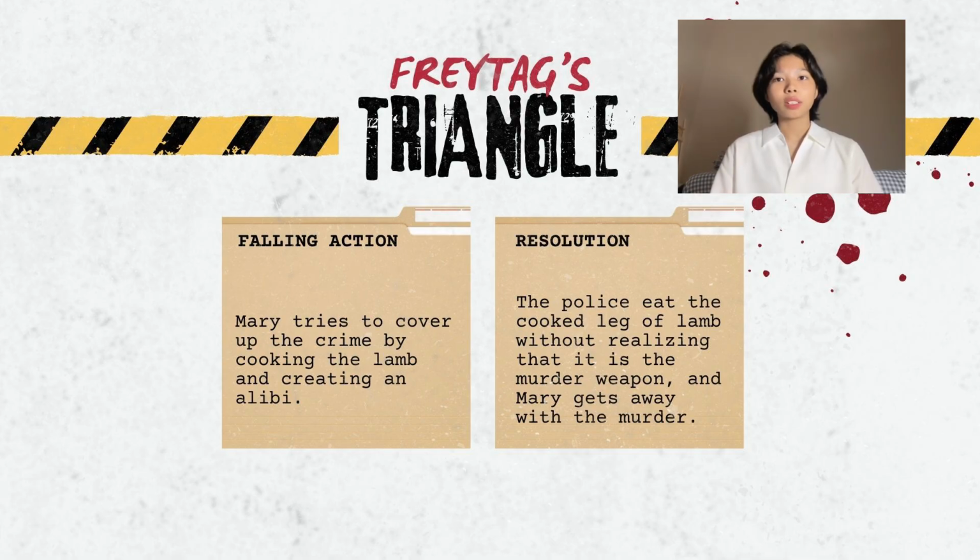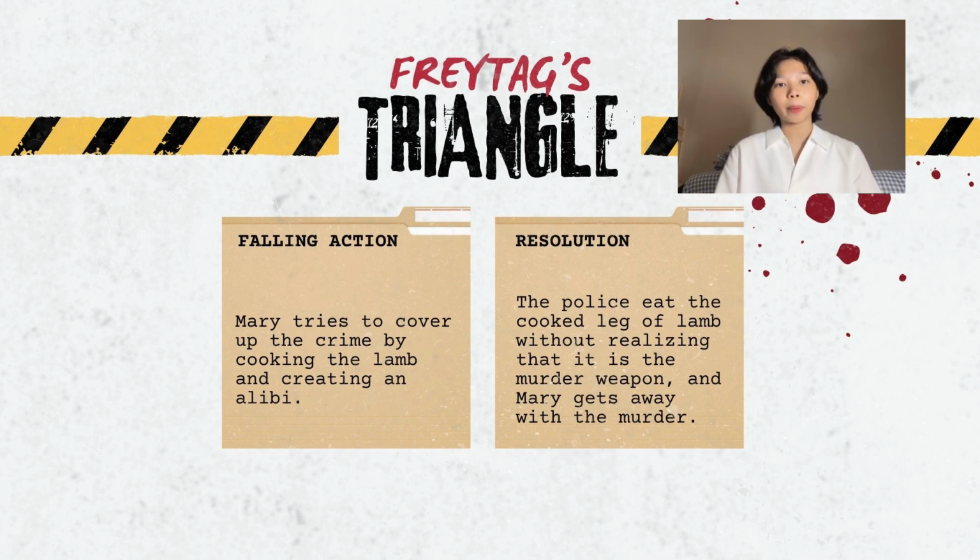Lastly is the resolution. At the end of the story, Mary gets away with the murder because the weapon is gone, as the police eat the cooked leg of lamb without realizing that it is actually the murder weapon. While they discuss how the weapon must still be somewhere in the house, Mary laughs quietly to herself,